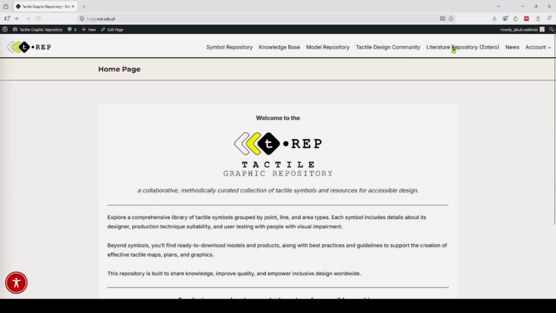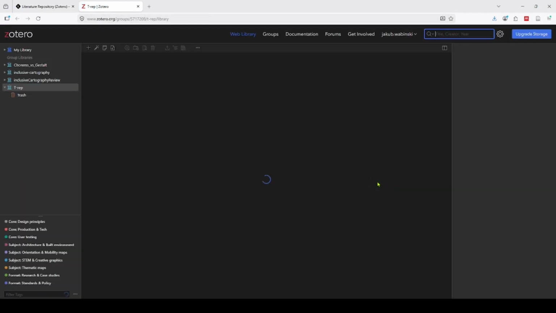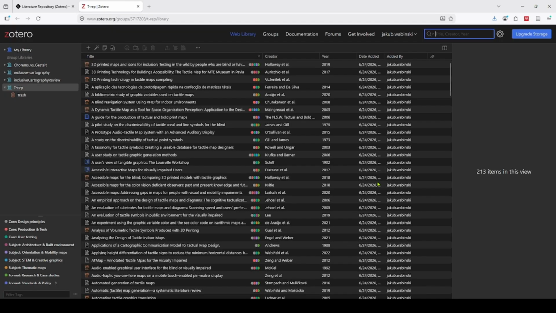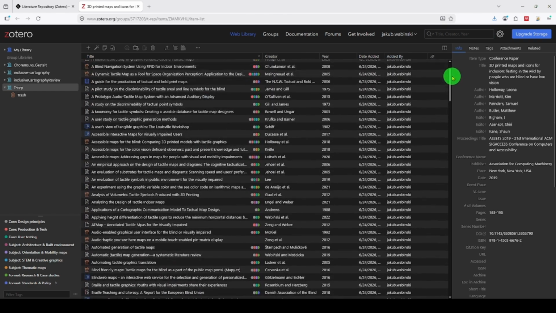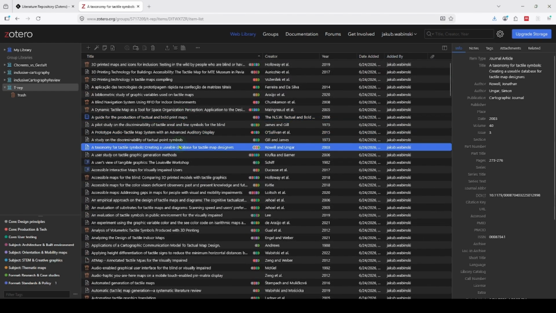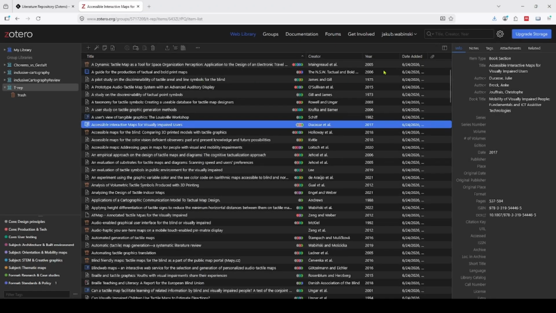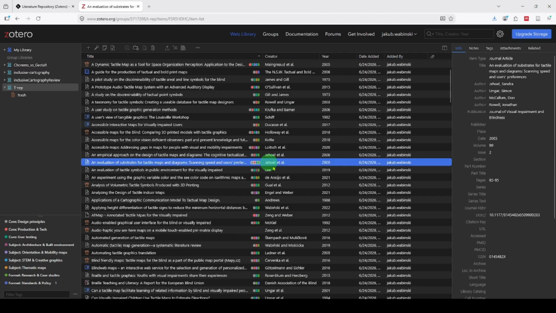To ensure our platform's content is thoroughly backed by subject literature, TREP integrates a Zotero-based web library. Zotero is an open-source tool for managing references. This library contains all the sources cited in our knowledge base, offering deeper insights into tactile graphics and related fields. You can modify how the references are viewed by selecting metadata to display in the column selector. Due to storage and licensing limits, we don't host full-text files, but our metadata makes finding literature